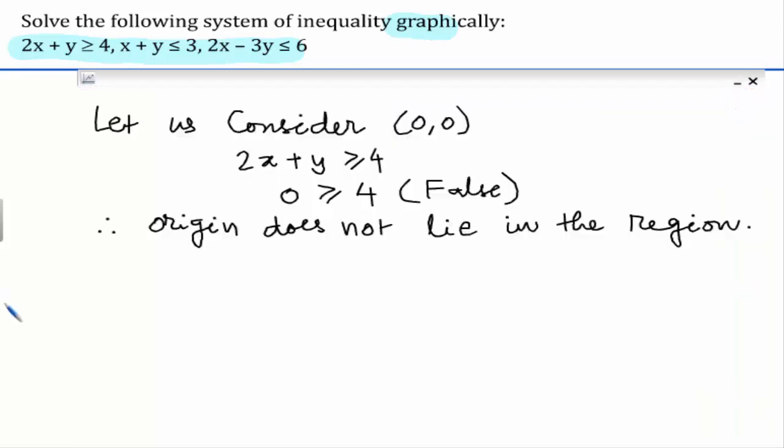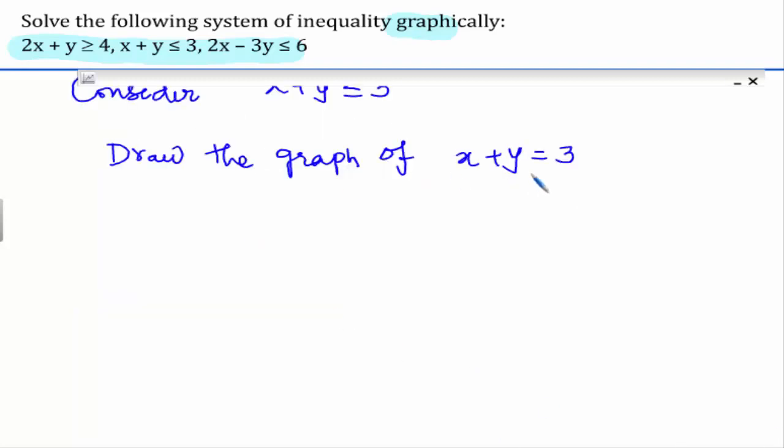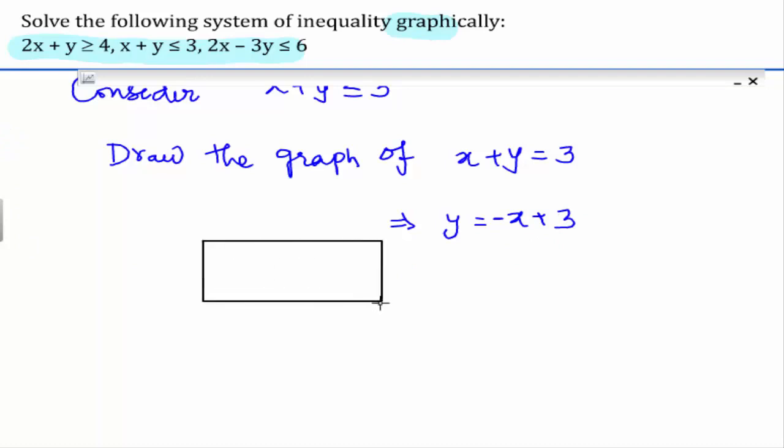Now let us consider the second one, that is x plus y less than or equal to 3. To find out the solution of this inequality, we have to draw the graph of x plus y is equal to 3. This will be y is equal to minus x plus 3. Now let us find out the ordered pairs with the help of a table. If x is equal to 0, then the y value will be 3. If x is equal to 3, then y will be 0. So the ordered pairs will be (0, 3)